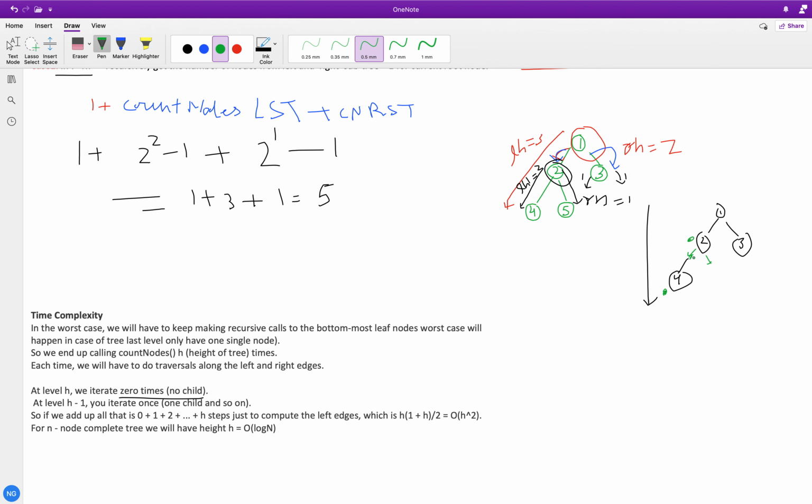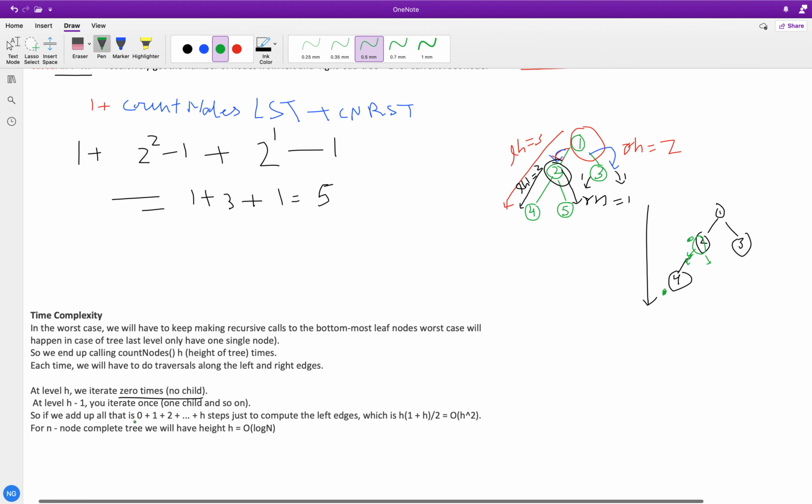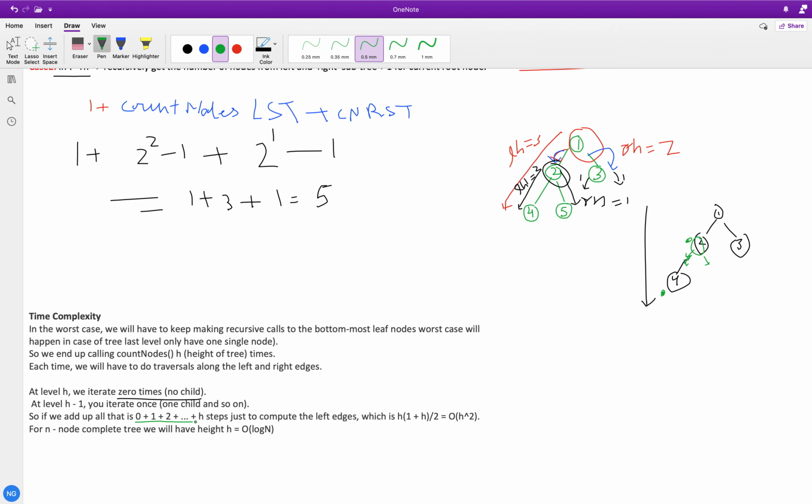Similarly, in this level we are calling 2 times, one call here and one call here. So this is at h minus 2. This forms the pattern 0 plus 1 plus 2 up to h steps. If we sum up, this becomes h into 1 plus h by 2, which is the sum of the first h terms of an AP, arithmetic sequence. So this is O of h square.